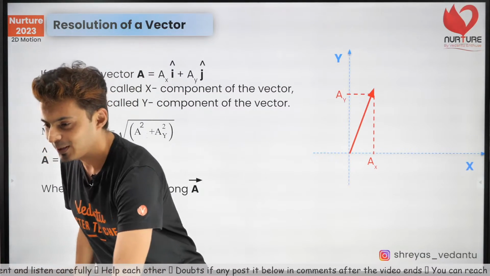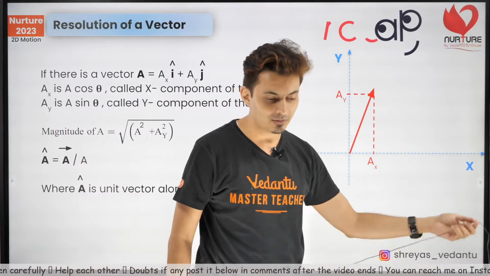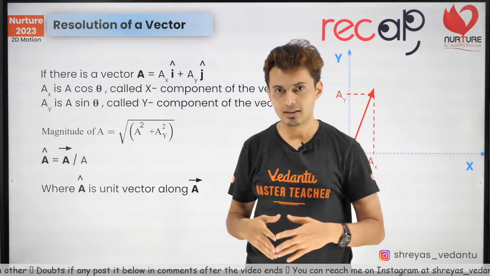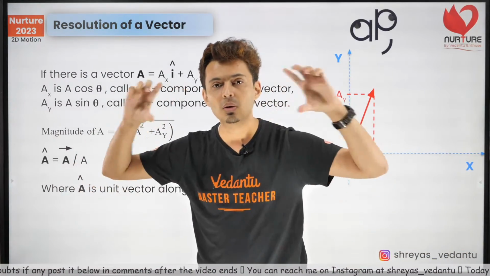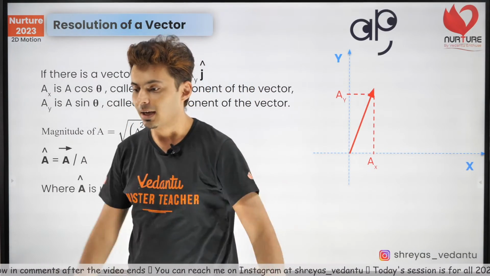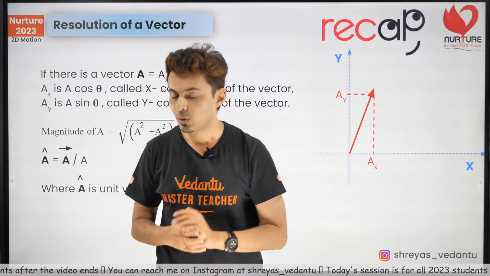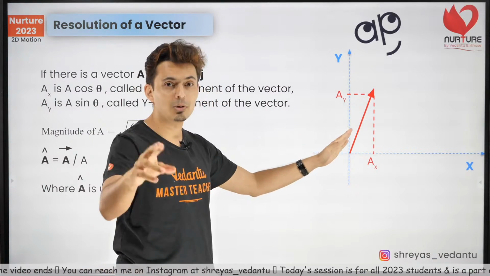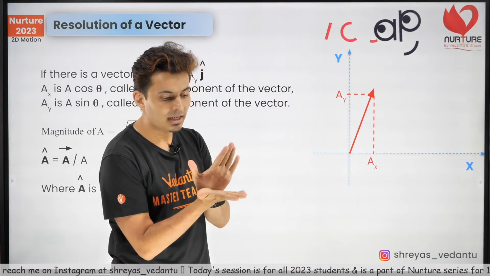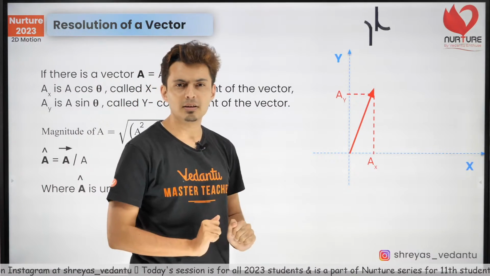So what is velocity? Velocity is rate of change of displacement, dx by dt. That is instantaneous. If you want average, then you take total displacement by total time. And I hope you remember how to split the vectors. I have told you about cos and sine components. Cos is the one which is closer to the angle. Sine is the one which is farther to the angle.